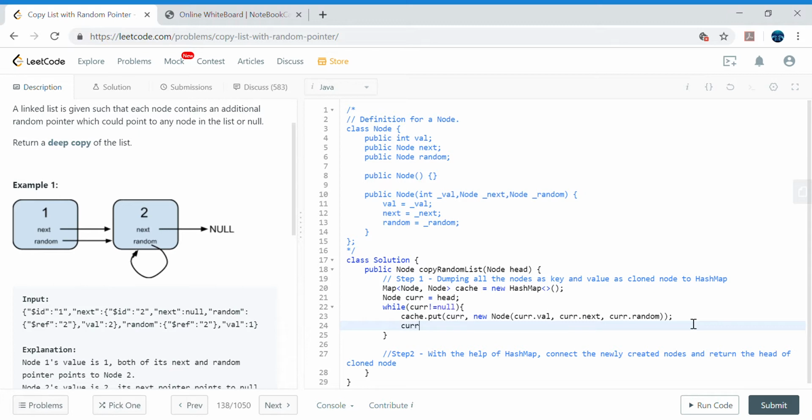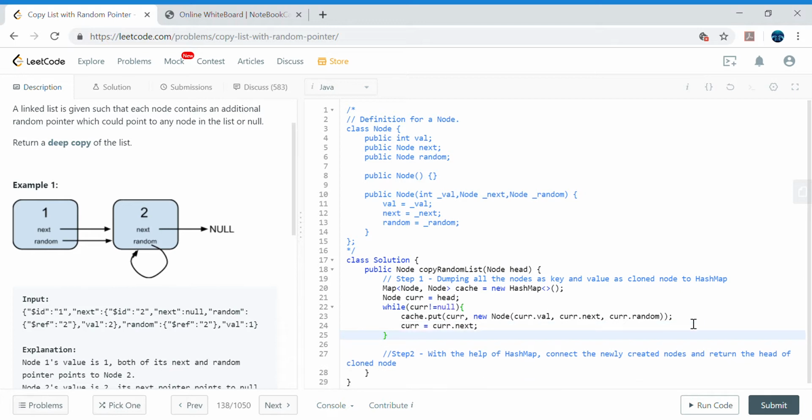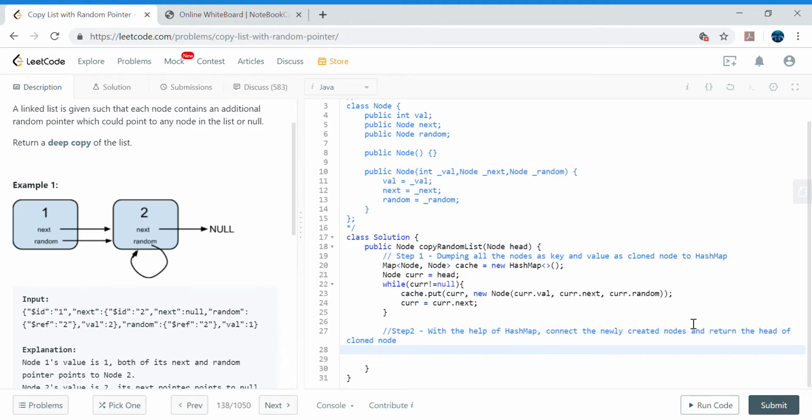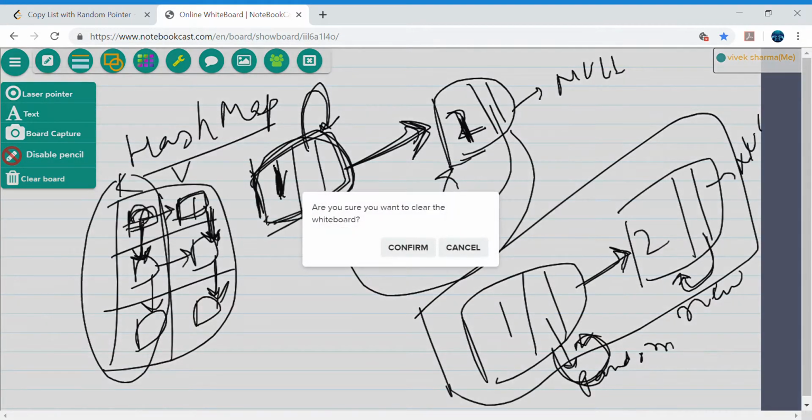And let's go ahead and set current equals to current dot next. Let's traverse this node, right? So this is step 1 and we are done. Step 2 is basically just to connect. In step 1 we just dumped all these nodes in the hash map. Now for step 2, as I was mentioning, let's go ahead and clear this